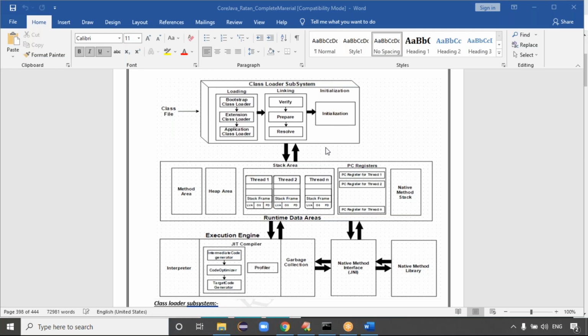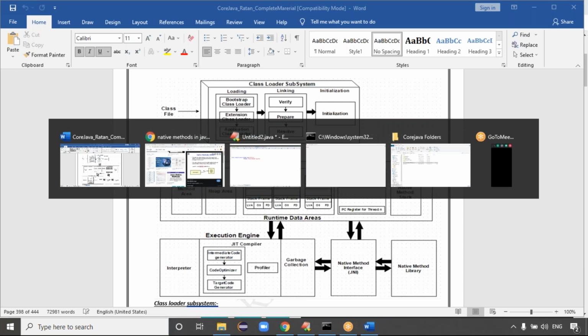The profiler is there because of the thread pooling concept; you have to profile the data. The interpreter will run the code in line by line format, where the normal code is executed line by line. The JIT compiler will take care of the looping concept. What is the full form of JIT? It's the just-in-time compiler.